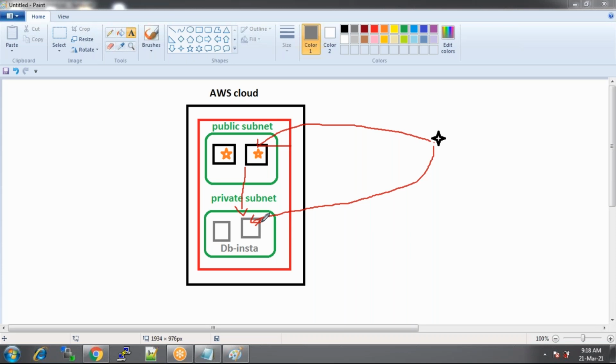If the databases are running on a private subnet, then how can a user, who wants to access his inbox, do so? Where are the inbox emails? They are in the databases. Then who is going to process the data? Who can access the private subnet instances or databases? Can the users access them? No. Then who can access them?